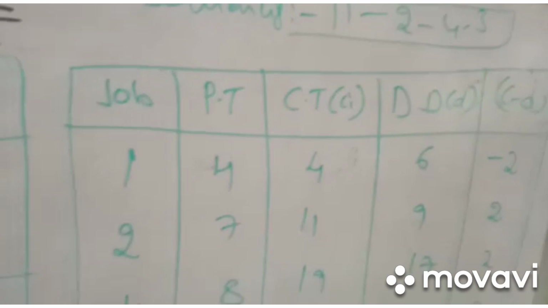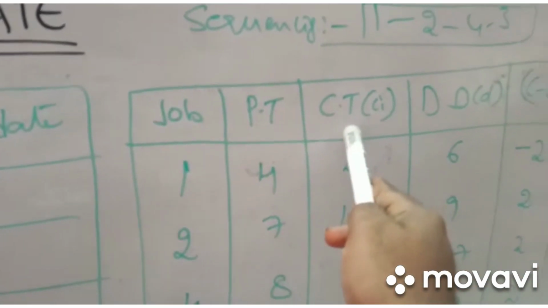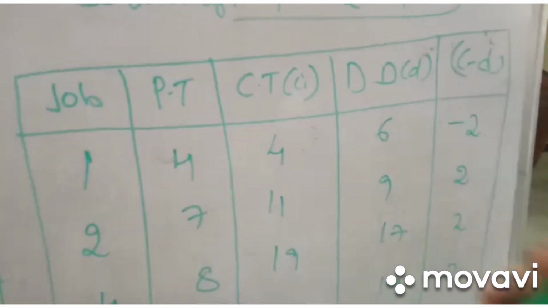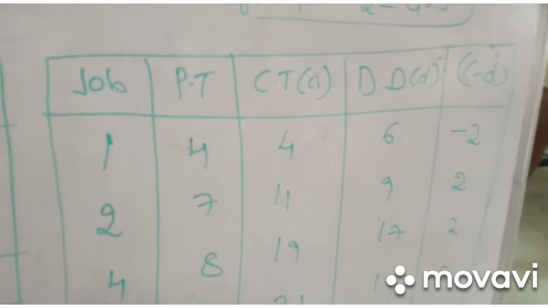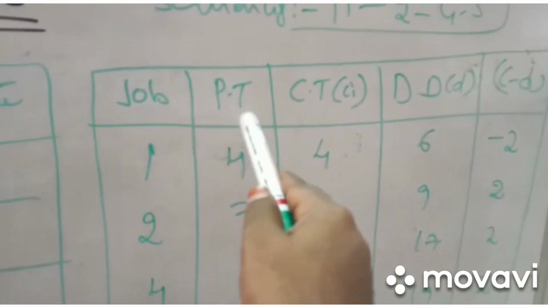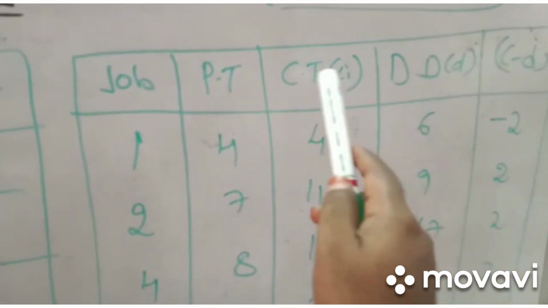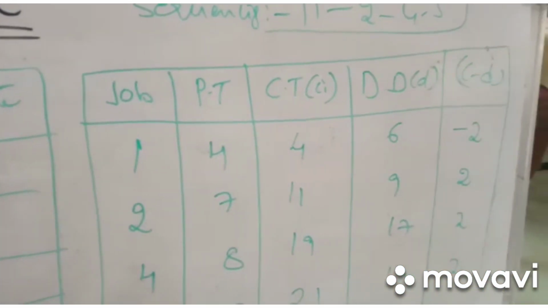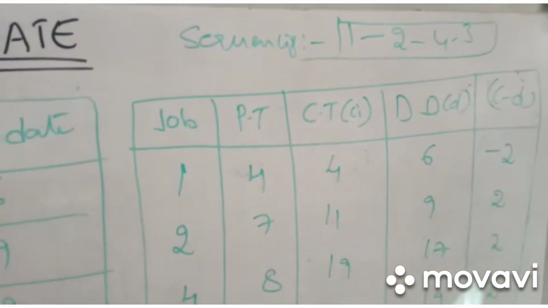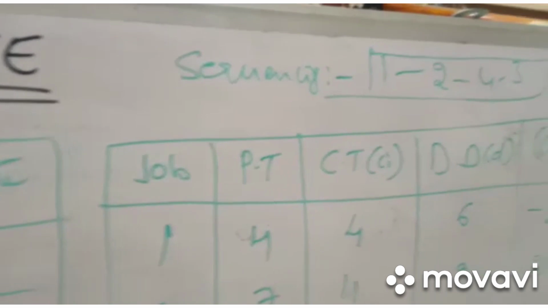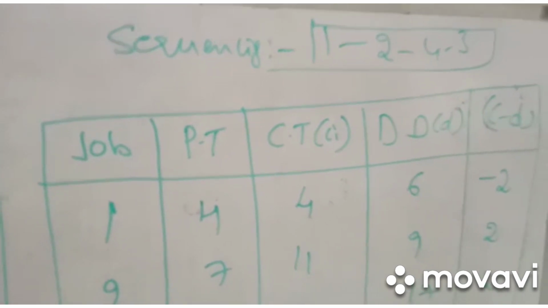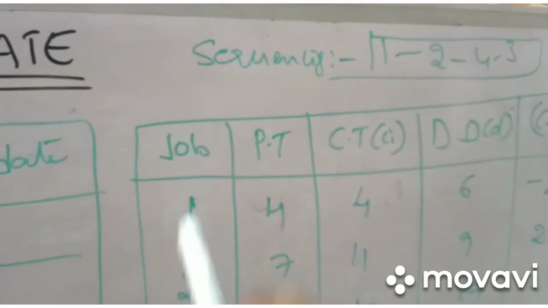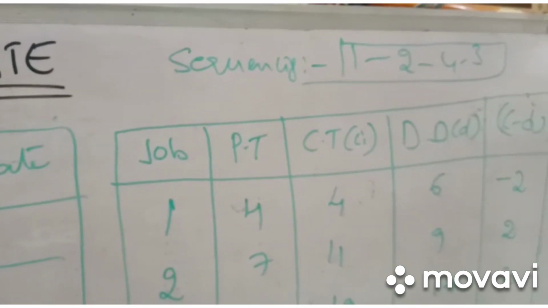Right. Let's draw another table. What is the other table? It includes job, processing time, completion time, due date, and this is the earliest due date relation, that is lateness, whatever you can call it. So job, processing time, completion time, due date, and C minus D. Before processing this table, first you have to know the sequence of your jobs. That is also very, very important. The same process we applied in shortest processing time. In this case also we apply the sequencing of jobs, and according to that you fill in your table in the earliest due date rule.